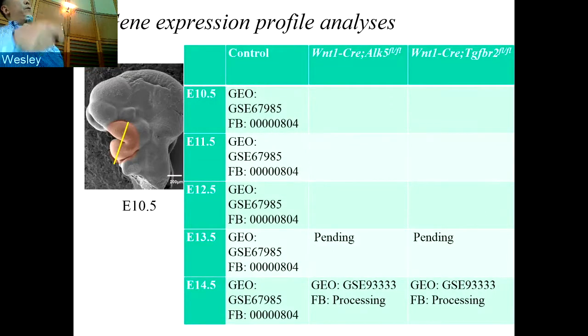and all the controls have been completed, and the mutant, TGF-beta mutant models are in the process of being curated. So what we have been doing is looking at the distal region or the proximal region of mandible, or the distal region of maxilla and proximal region of maxilla, to compare the gene expression in these